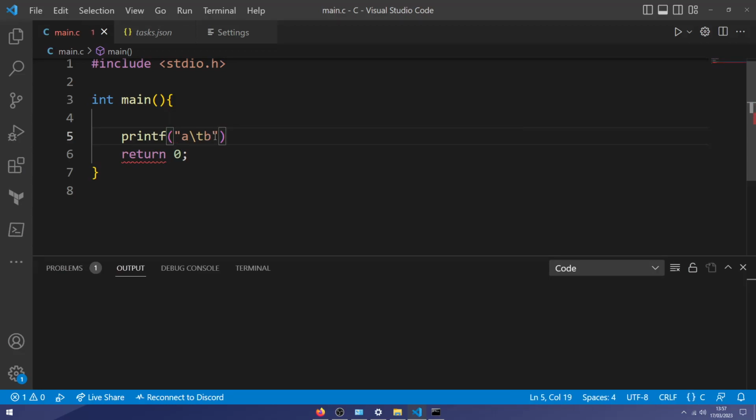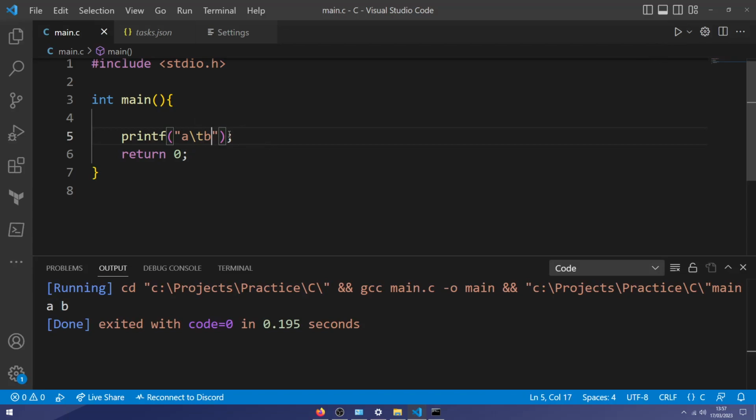So \n creates a new line. A new one we'll look at is \t, which adds a tab. We can create something cool, maybe like a grid shape, just by playing around with the new line and the tab commands.